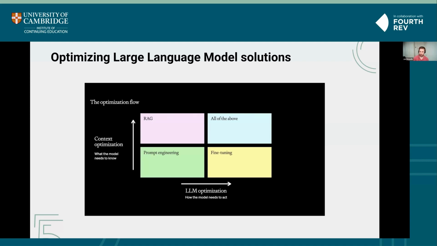So having a lower temperature is a concept that comes from statistical mechanics, statistical physics, and the temperature essentially controls the degree of randomness in the output. A temperature of 0 means that the model will just select at each stage the most probable next token. But if you increase the temperature, that increases the probability that it may select one of the less probable tokens. If you've got 10 candidate tokens for the next most probable word, increasing the temperature means it might select one outside of the top one, and it may be less consistent, but also maybe a bit